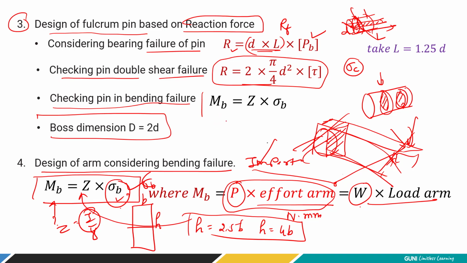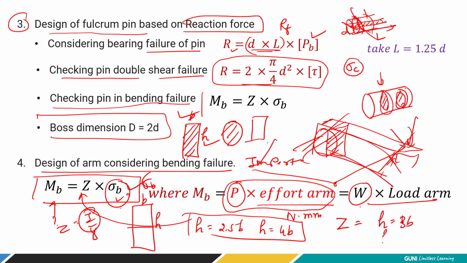Earlier in all the cases, what we have done is simply find the round bar diameter, or the height and depth. Here it is the same case. We have a rectangular section of a lever, mostly. In that case, we have to find B into H which will sustain the given load. But for that we have to find out the Z, right? Because both B and H are not known to us, we can simply take a relationship: height can be 3 times B, or 4 times B, or sometimes 2.5 times B, by taking proper relationships. You can simply modify the Z value, that is, you can convert the whole value into one term.